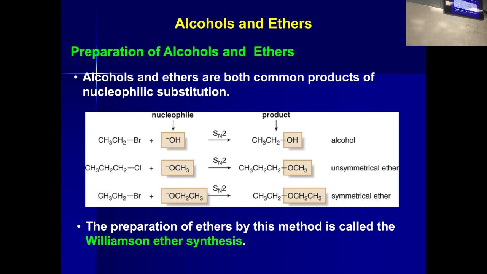Okay? We can also prepare symmetrical ethers. I'm not going to go through it, but in this case, if I took bromoethane plus ethoxide, notice the alkyl groups on both species are the same number of carbons. I get what's called a symmetrical ether. Okay, and in that case, when I draw it out,